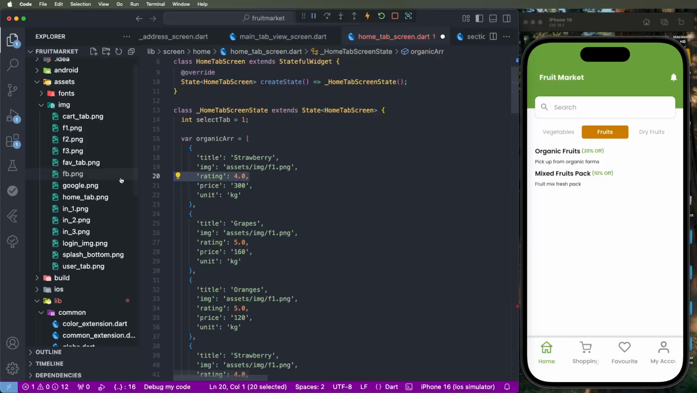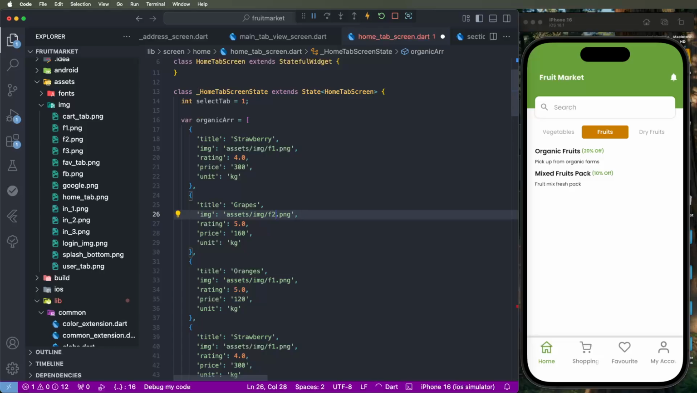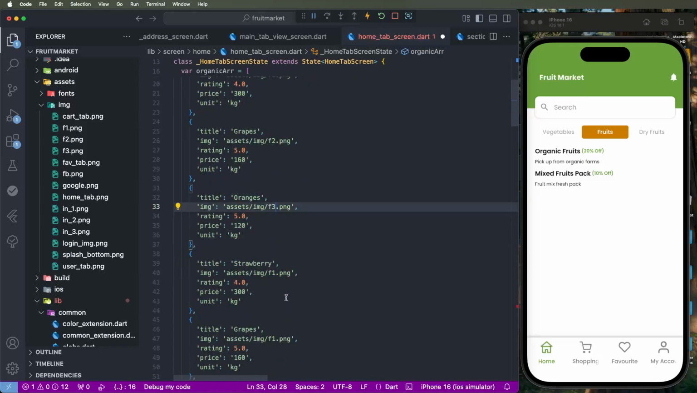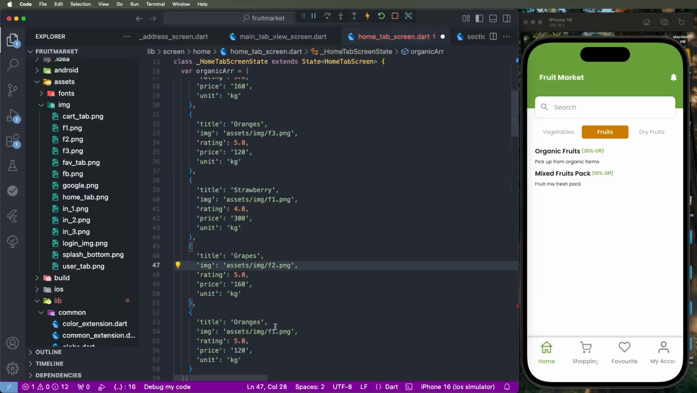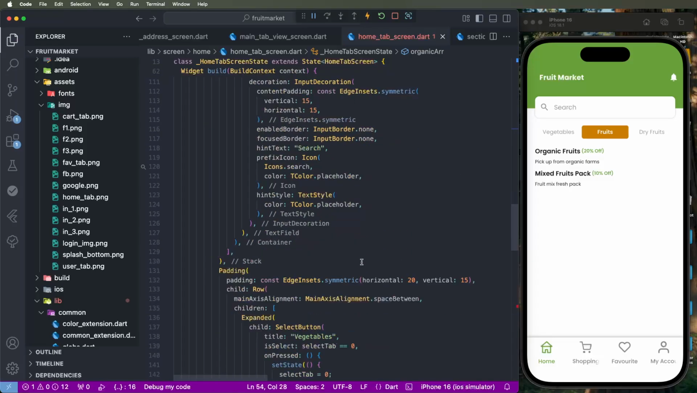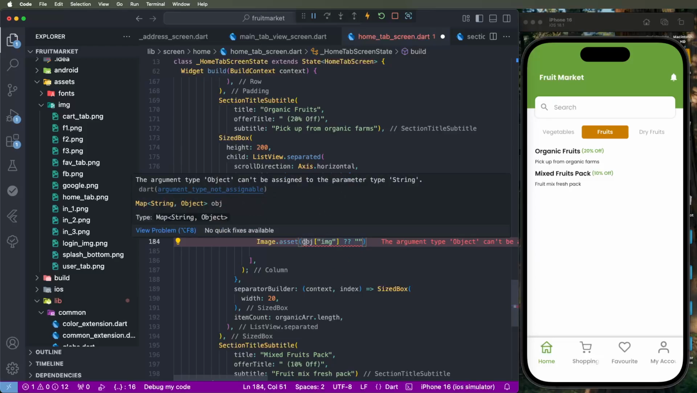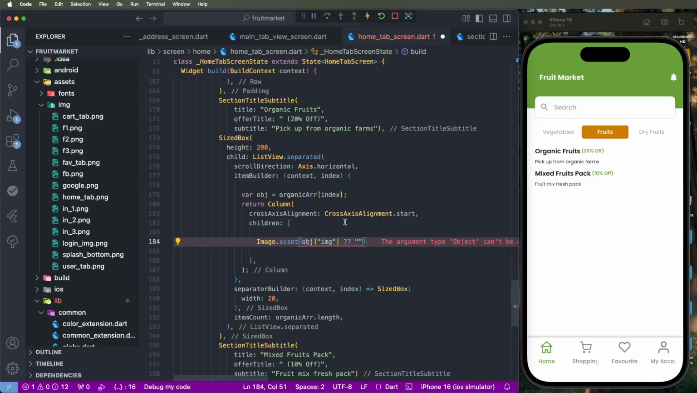Need to check here for this image, like 2, 3, 2 and 3. Set this value here, need to configure it here. Need to give this here always as strings. That's why